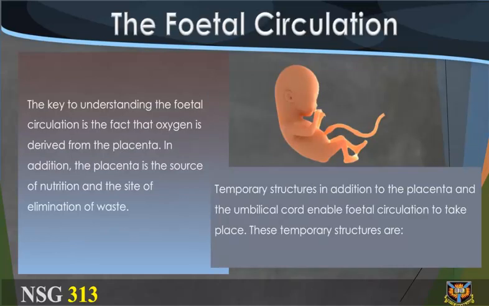The fetal circulation. The key to understanding the fetal circulation is the fact that oxygen is derived from the placenta. In addition, the placenta is the source of nutrition and the site of elimination of waste. Temporary structures, in addition to the placenta and the umbilical cord, enable fetal circulation to take place. These temporary structures are: